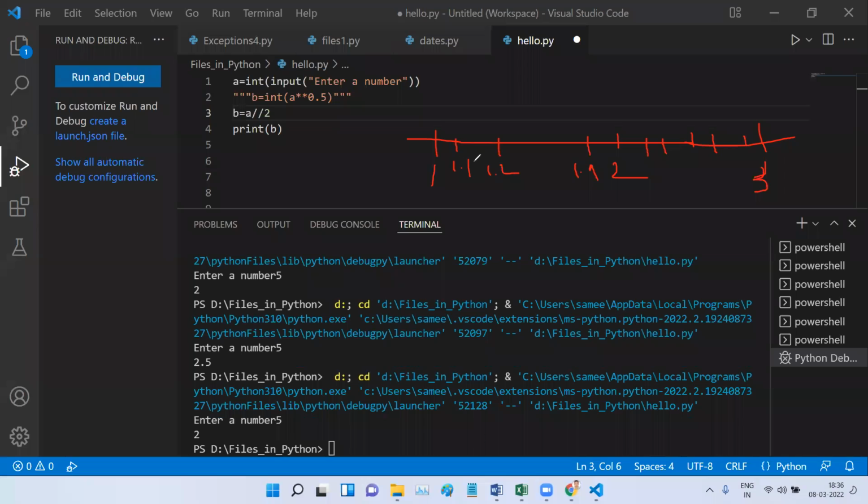So what is this floor division going to do? Whatever number output you get, let us say you get 1.2, it will return the nearest leftmost real value. These are called real values. Let's say you get 2.5, what is floor division going to do? It will give you the nearest leftmost real value. Even if you get 2.9, what value will you get? You will get the value as 2. So this is what we have about floor division.